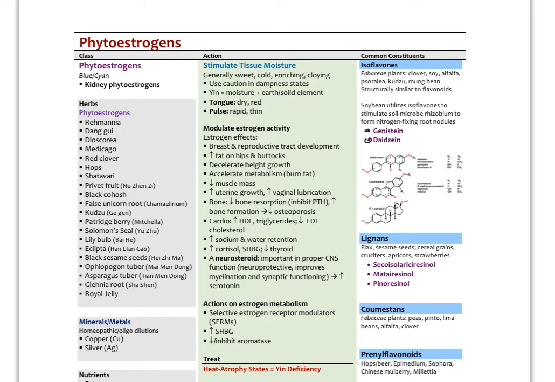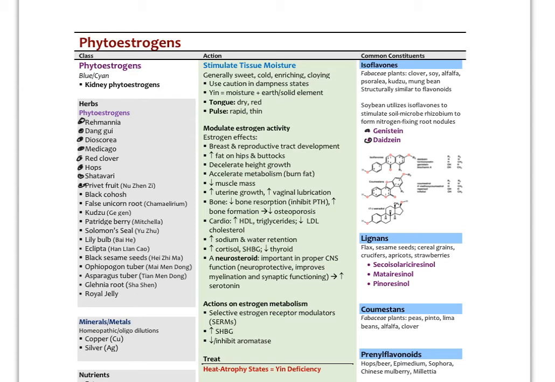In fact, we can make an argument that what is referred to as yin in Chinese medicine has a very strong association with estrogen and estrogen activity. In fact, all of the herbs used in Chinese medicine to treat yin deficiency states are phytoestrogens. And so there's a distinct crossover there. Some of the herbs in this category would include Chinese Rehmannia, dong quai, Dioscorea, wild yam, Medicago, red clover, hops,